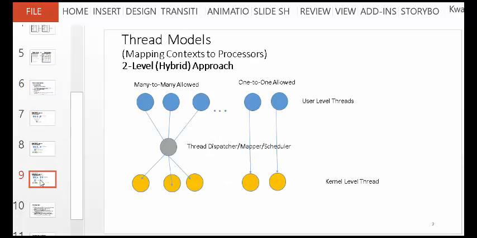Okay, so the last approach is we can have in one kernel a mixture of both approaches, where for some user level activities, it assigns just one thread and says you run on this thread always. Or for some of them, it would allow you to share several kernel threads among several user threads. Right. So when I say sharing, it just means that when it's ready to run this, it will see if the kernel has a thread available. A thread just means that there's some space, it has a stack, a heap, and it will just put your contents in there and run on your behalf.